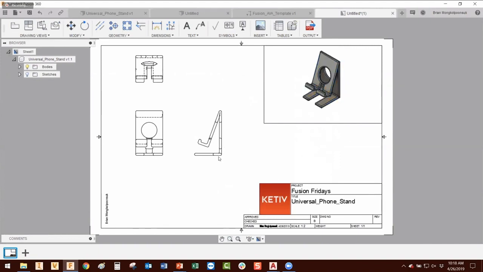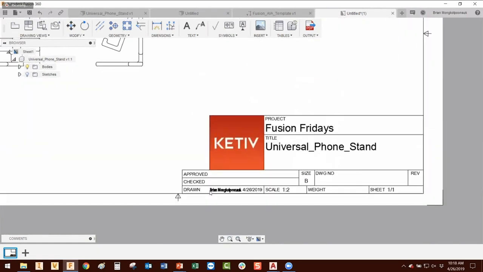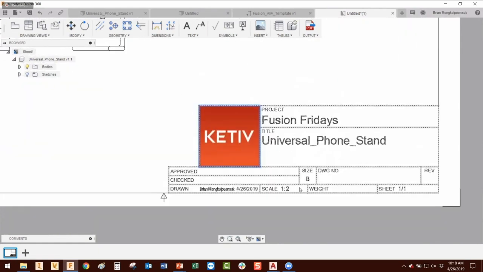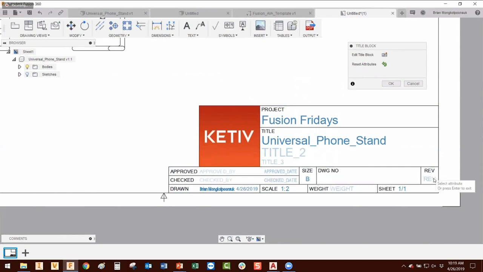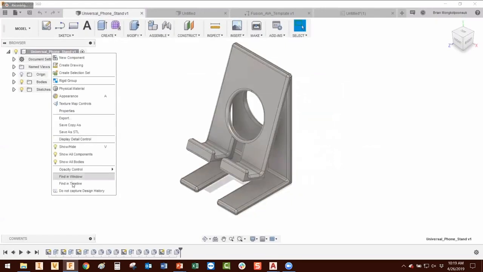So just notice that the templates here, everything that we were just editing, my name's appearing here just as promised. My name's scrunched up here a little bit more, but it's fine. We can double click on it, and now it gives us these light blue ones that we can change. So drawing number, revision 1. The weight, I like to show people that, hey, if you go here to the properties of your